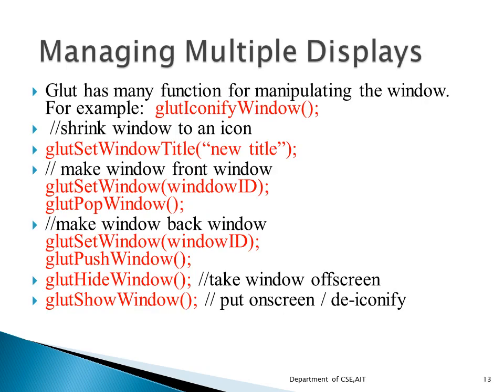The glut library has a number of APIs which can be used for manipulating the display window in many ways. These routines are very useful when we have multiple display windows on the screen and we want to rearrange them, or we want to put some window in the front, put some window in the back, hide a window, or locate a window. To do all these things, we can make use of some of the APIs like this.